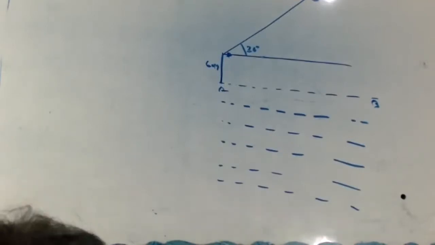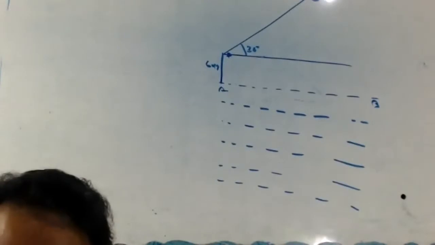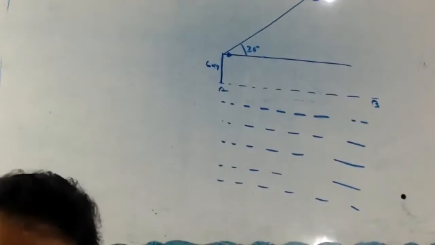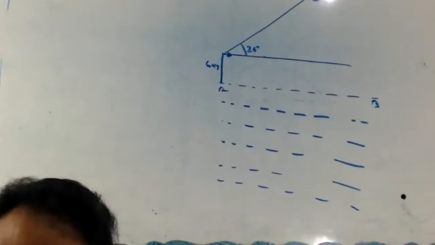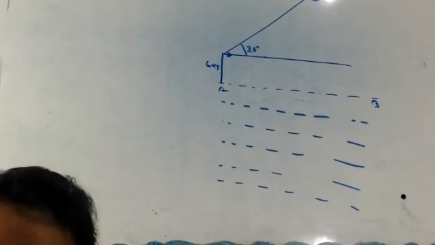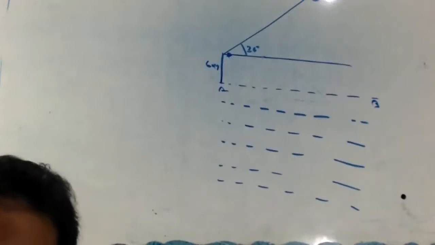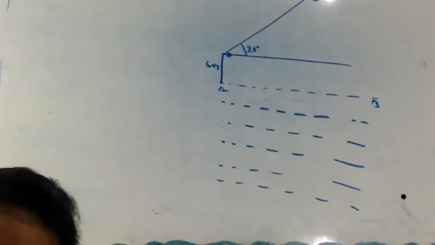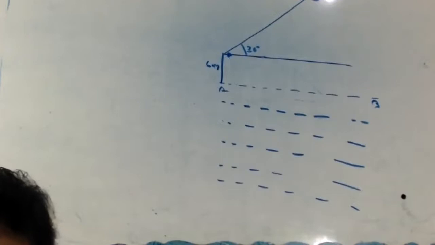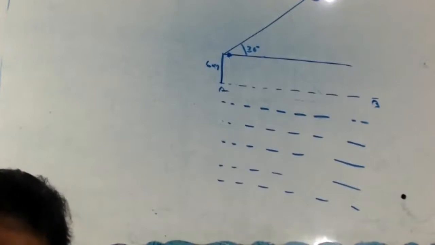Look here. You studied the law of reflection. Did you learn it or not? The law of reflection: the distance of the object and the distance of the image are the same. Correct or not? You learned it in physics, right? Which class did you study it in? Class 8 or class 9? Okay, class 8. So what you studied: the distance of the object and the distance of the image are the same.